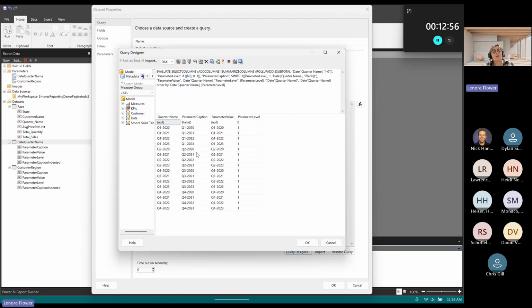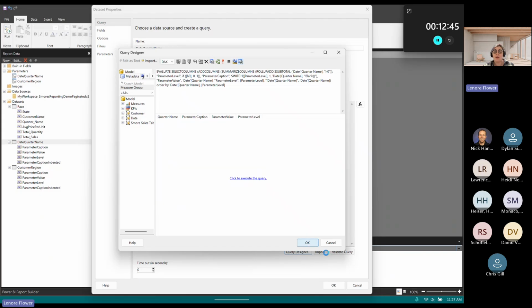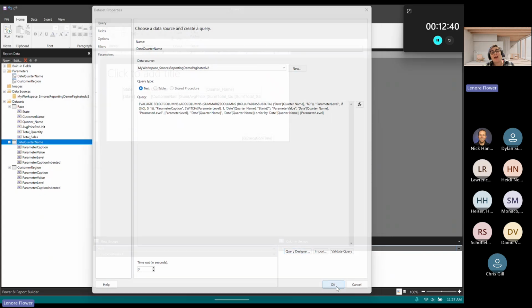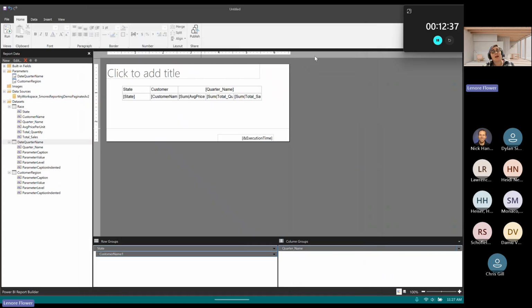So this was automatically generated when I defined a parameter. And this is going to become the information that shows up in that drop-down list in the parameters on the report itself. There's a lot we can do to make this better. We don't necessarily need to use the hidden datasets as is, but in the interest of time, since we have 12 minutes and 30 seconds and change, we're going to sally forth.